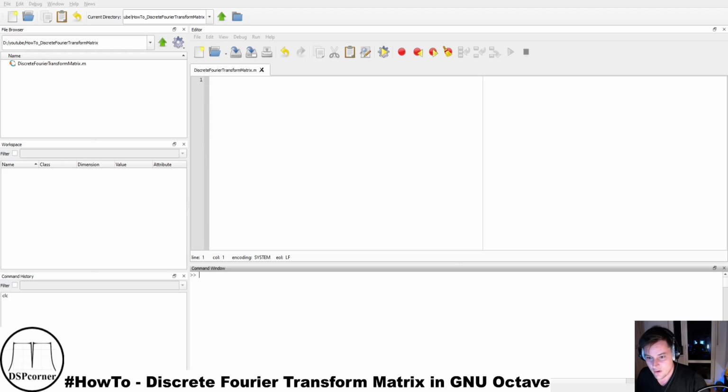Today I will show you how you can calculate the discrete Fourier transform using matrix notation. Therefore we have to create a so-called discrete Fourier transform matrix that we can apply to our desired signal, and then we will get the discrete Fourier transform of that signal. Also, the other way around is possible. We can apply the conjugate of this matrix to our discrete Fourier transform, and then we will get our original